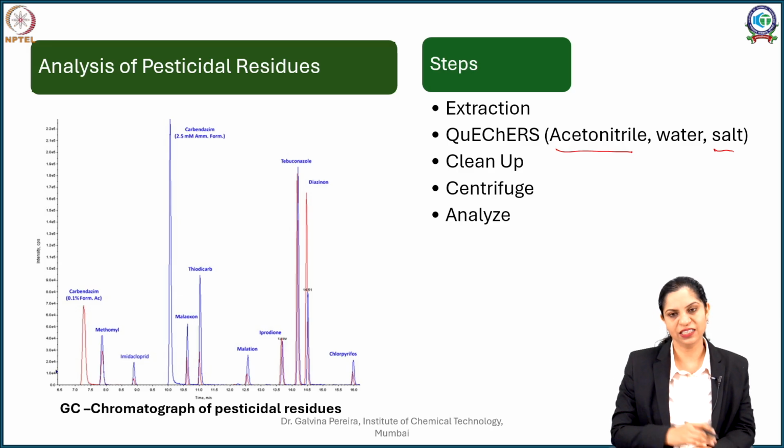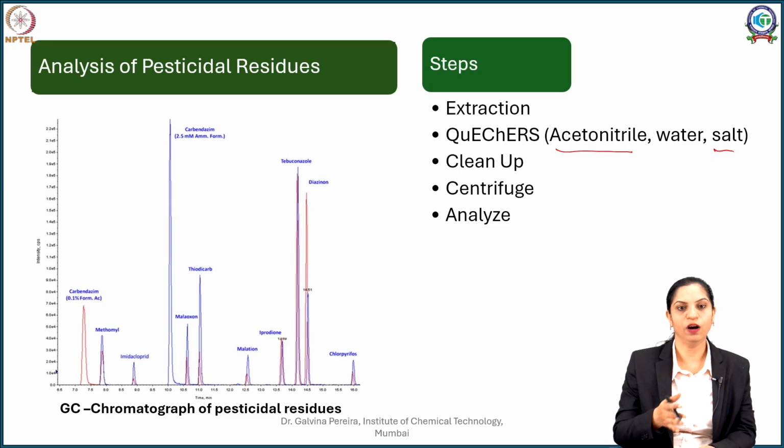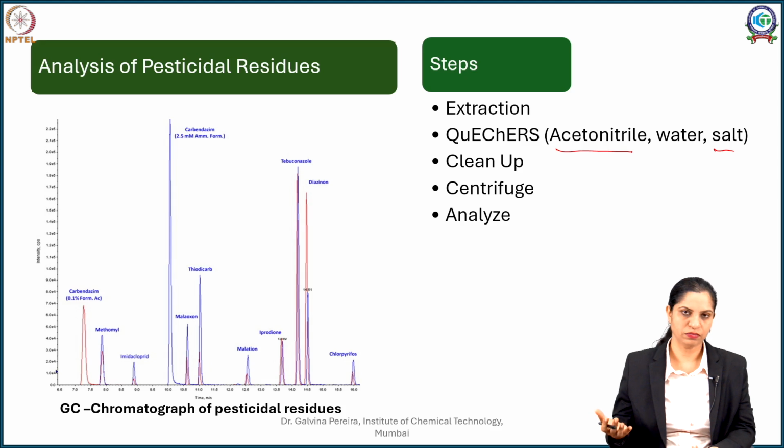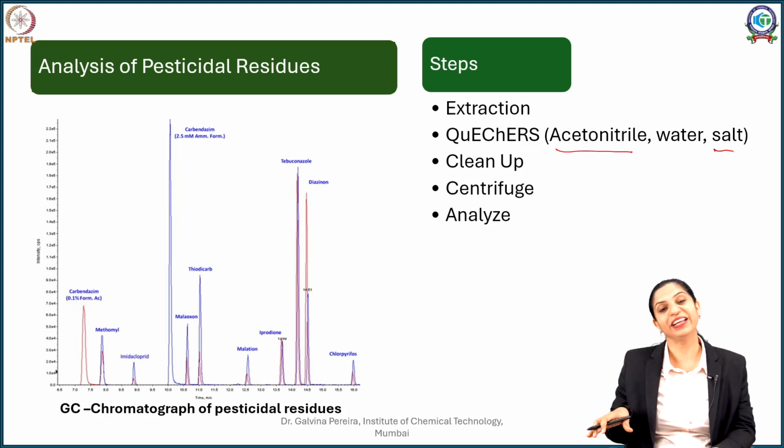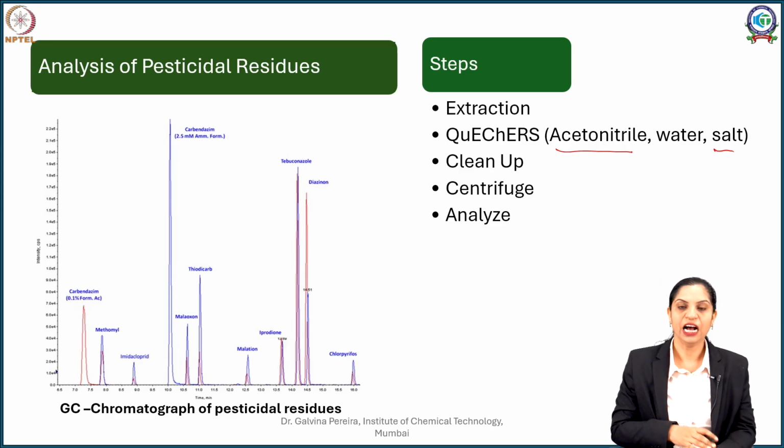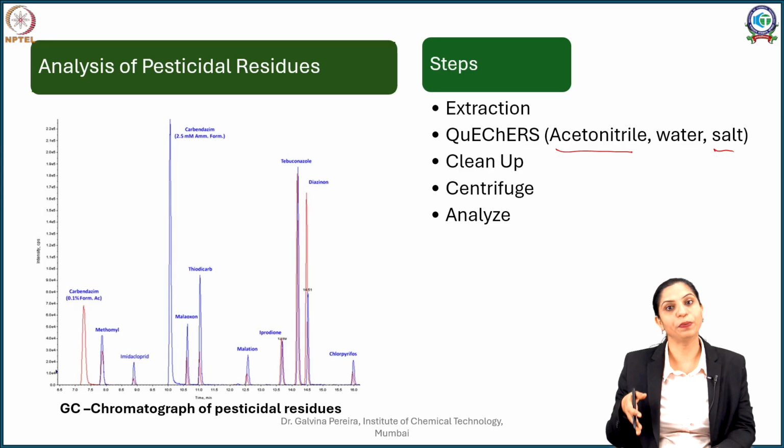Now this analysis again can be done on very hydrophobic GC columns such as your HP columns, and in this case you can observe different pesticide residues. This method has also been notified by AOAC. Here they use very standardized methods. These standardized GC methods also specify how you should prepare your sample for GC analysis of pesticides and what program should be set.